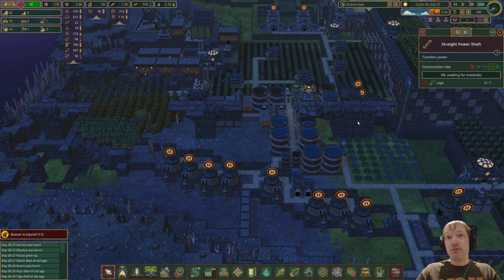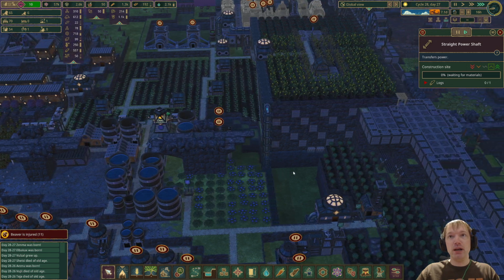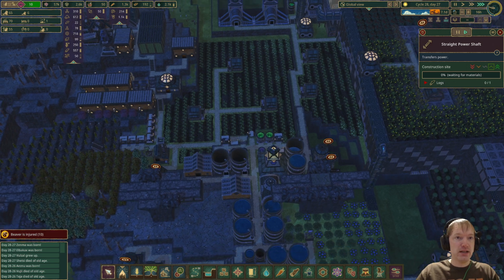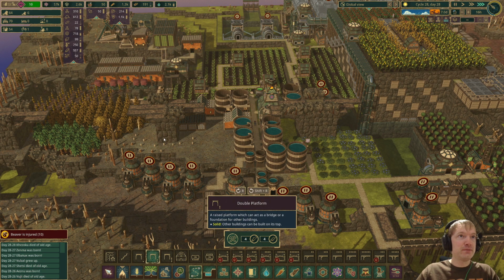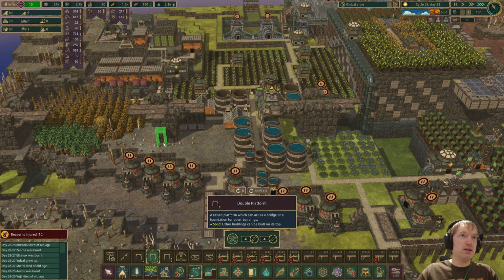I want to get rid of both of these two bits of aqueduct pillar. They're kind of a little bit in the way. So, go ahead and get that done. What we need is...